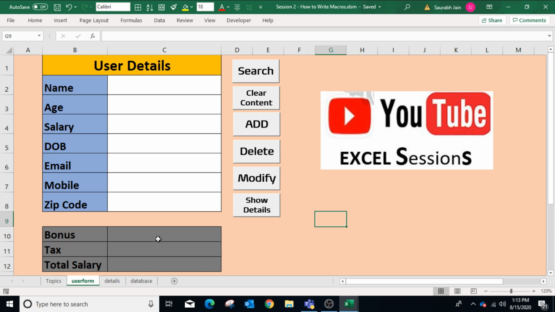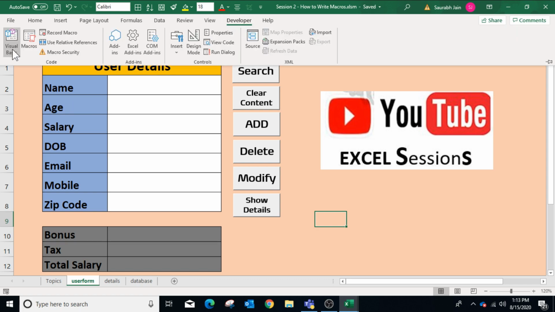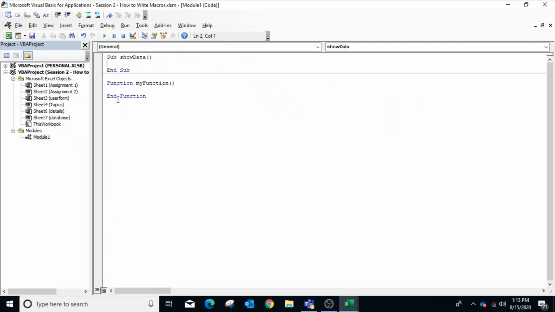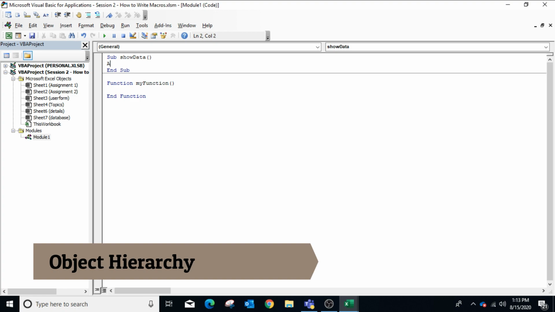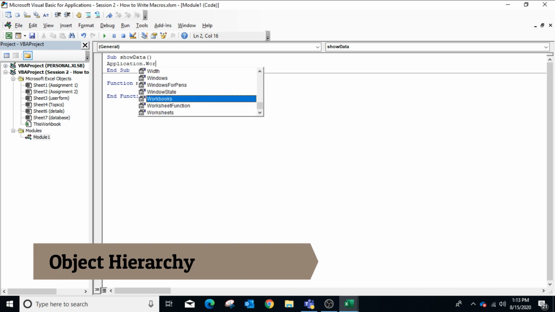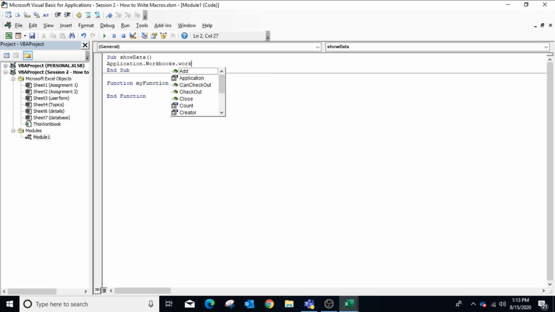Now to interact with the Excel sheet from VBA, we have to use the object hierarchy. So now to write the macro, in the developer tab using Visual Basic, go to the VBA editor. Now we have already created a sub procedure. The object hierarchy used is application dot workbooks dot worksheets dot range.